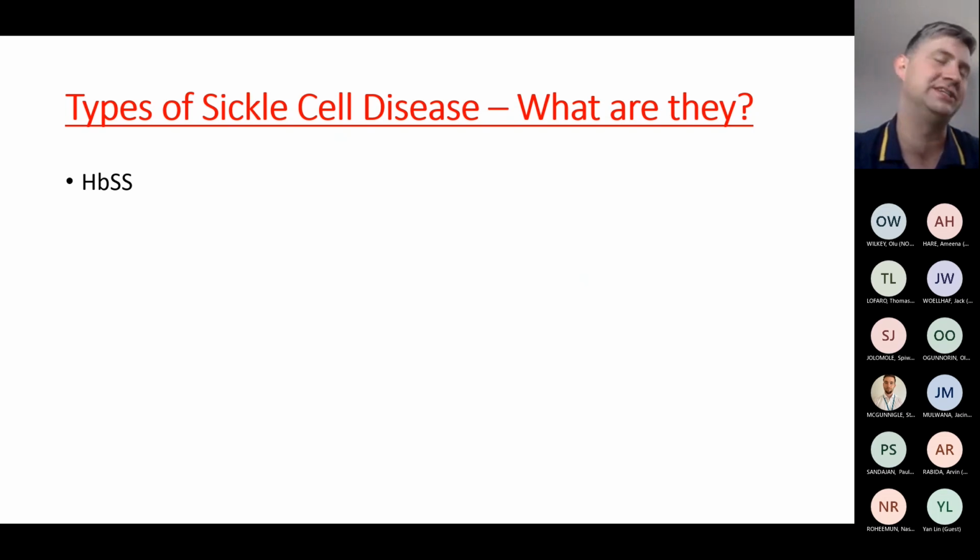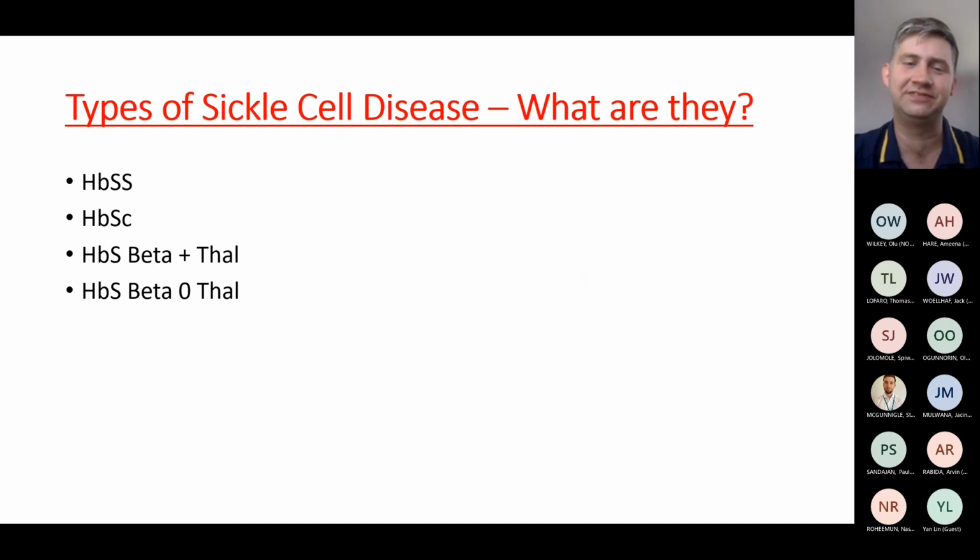So as we have experts on the call, we know the different types of sickle cell. These are the main ones. There are other things in literature and research that we perhaps haven't seen or aren't aware cause some issues. So the HbSS, like I say, is the most common and usually the most severe. HbSC still causes problems. You don't necessarily see them in hospital as much. HbS beta plus thalassaemia, HbS beta 0 thalassaemia, HbSD, which is also known as HbS Punjab,